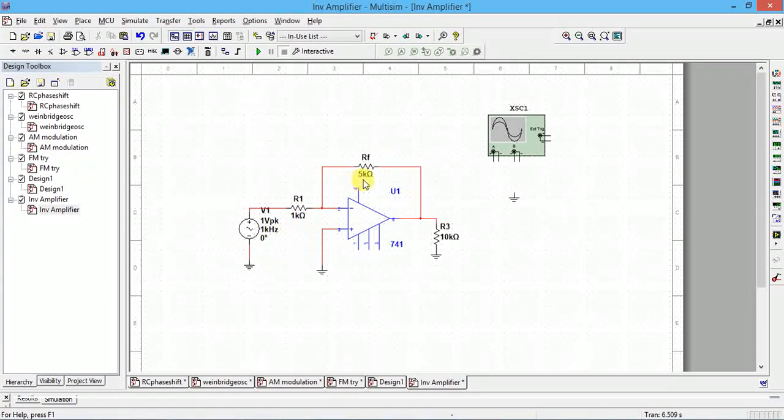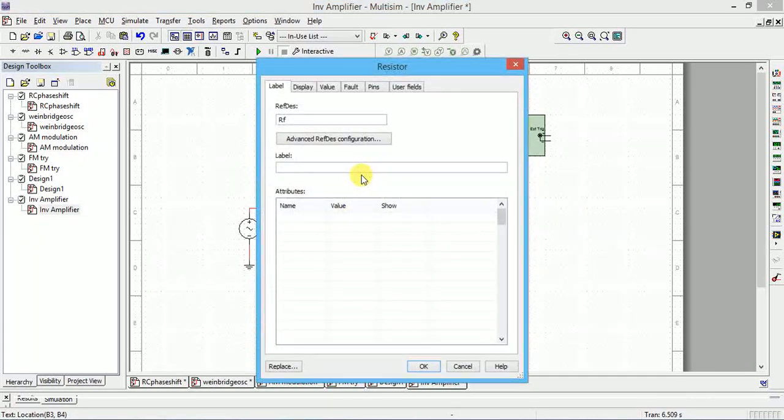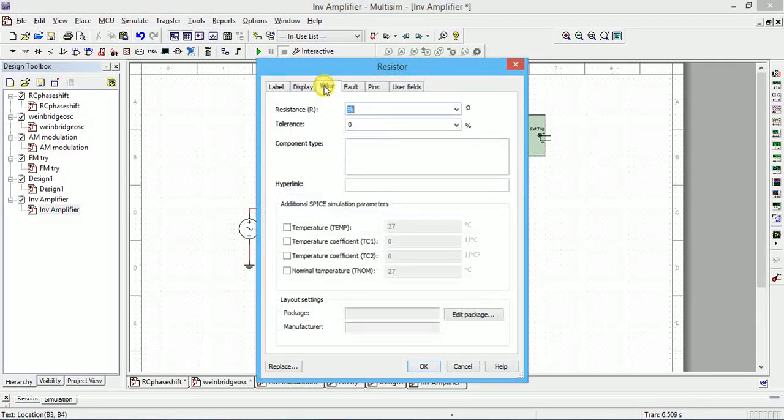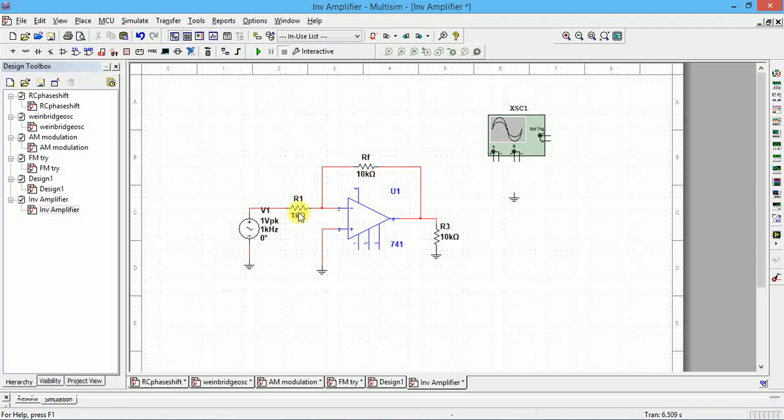Here RF is 5k and this is 1k. If you want, you can change it to 10k also, that is left to you. Or you can put 100k and 10k, then also the ratio is 10 only.